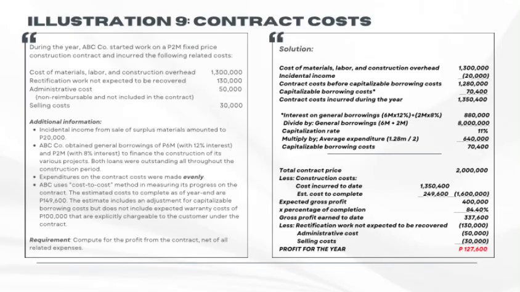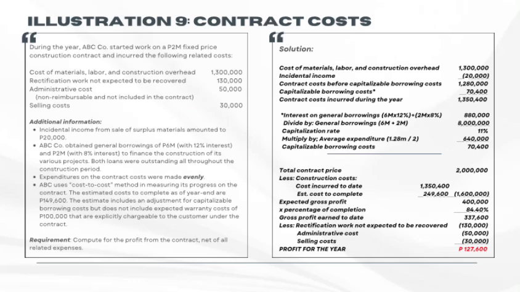We will now proceed to Illustration 9, contract cost. On the left side, as you can see, we have the problem, and on the right side, we have the solution. So first, we are going to compute the contract costs incurred during the year. To get that, first, we will have cost of materials, labor, and construction overhead, which is